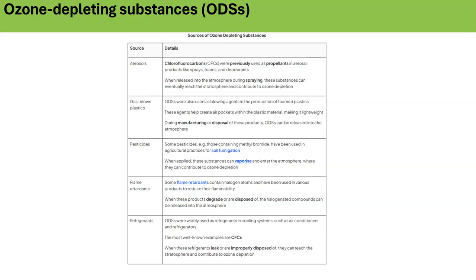Flame retardants have also been found, some of them, to be ODSs. And old refrigerants, so chemicals that you have in refrigerators to make them be cold, as well as in air conditioners, had also CFCs in them, and that led to